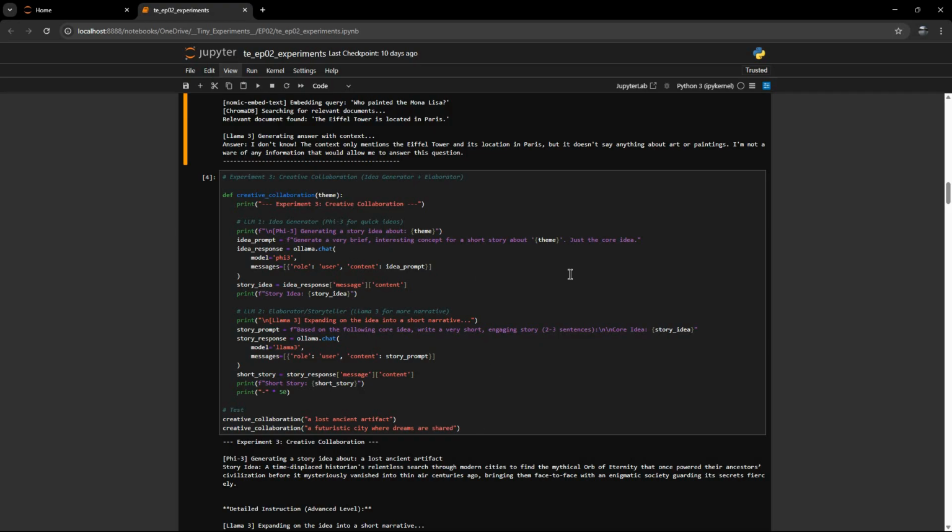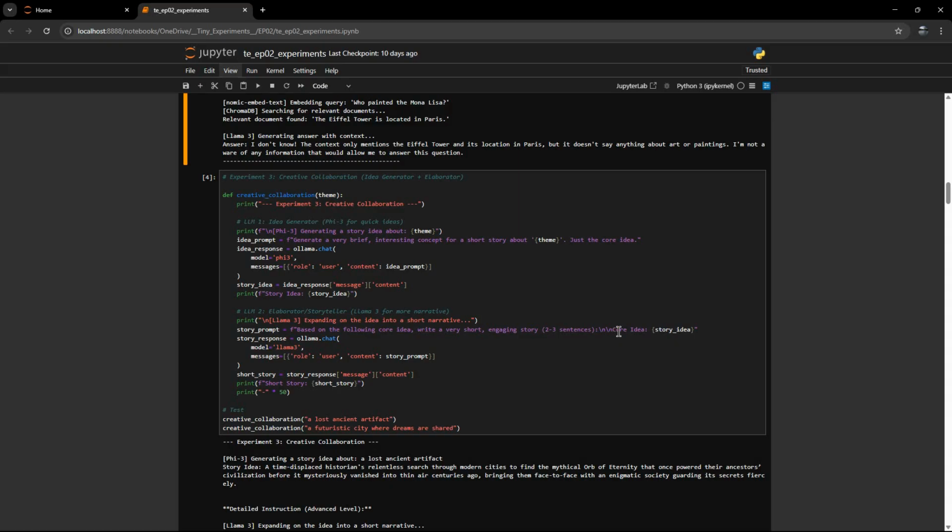Generate a very brief, interesting concept for a short story about theme, just the core idea. Until we get an idea response, and the story idea is in the message content of that response. And then we're going to take that story idea and plug it into a story prompt